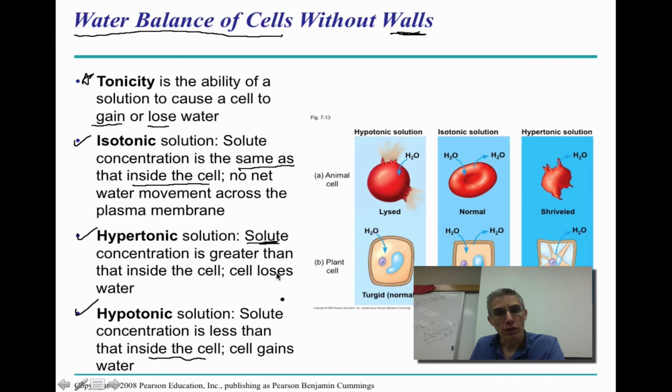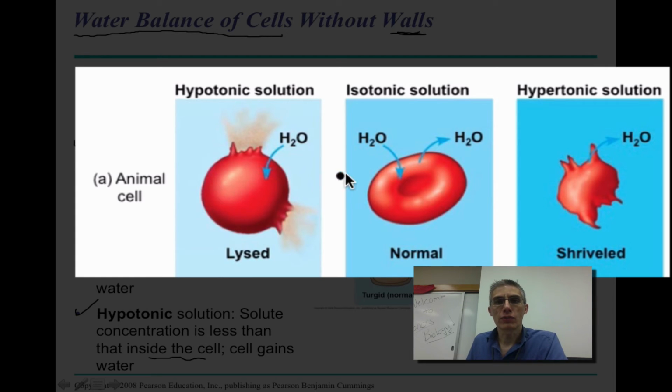Because remember, there's more solute on the inside in a ratio sense than there is on the outside, and so that water is going to tend to rush in. So over here on the right, you can see this being represented. Again, we have a hypotonic, isotonic, and hypertonic solution. And so in a hypotonic situation, remember that water is going to rush in. And when it rushes in, unfortunately for animal cells, there's no cell wall, and that cell tends to lyse or